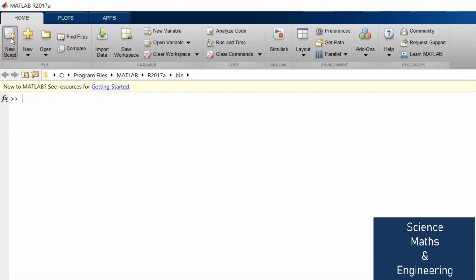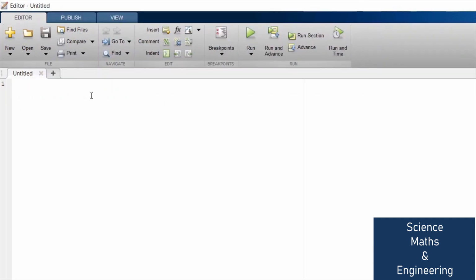We are going to a new script. Here we will first clear the screen, so clc, then clear all to clear the workspace. Then we will take the input, as the user will define till which n natural numbers it wants to display. So it is input. Whatever we write here will be displayed in the command window when you execute it. n is equal to input, enter